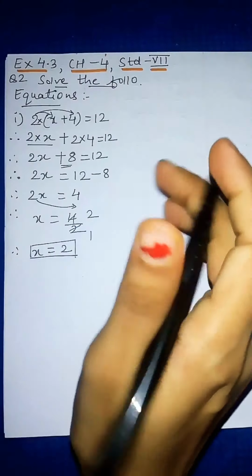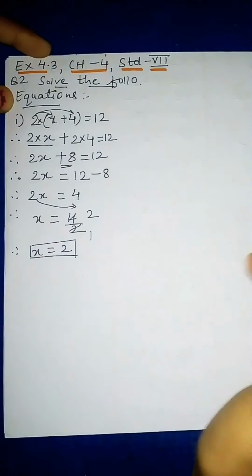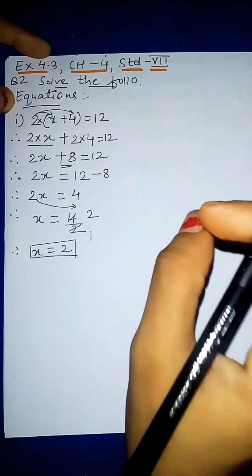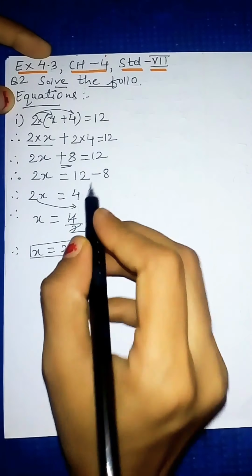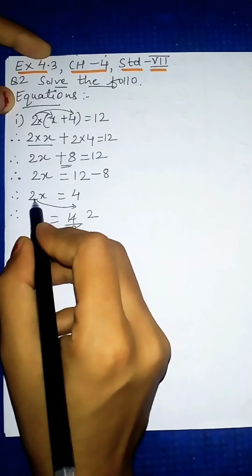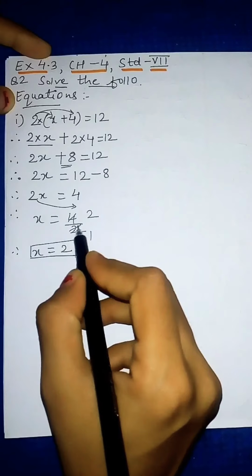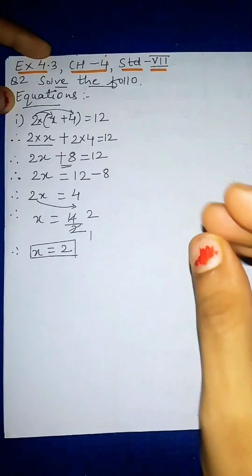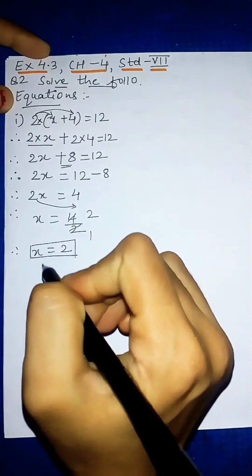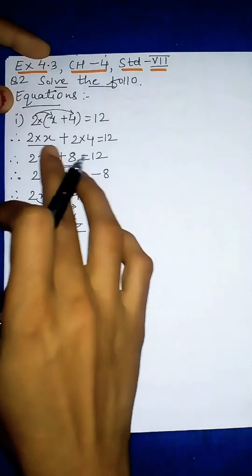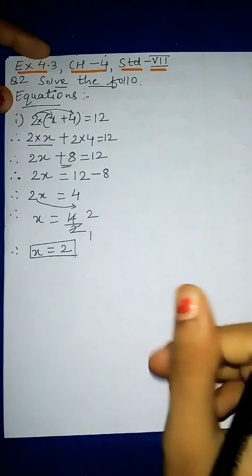So this way we will do. First we have to open the bracket, and then the other steps are similar to what we did in question number 1. We just have to take the terms here and there by changing the sign. Plus 8 will come here as minus 8, and then we will do the subtraction. It will be 4, and this 2 is in multiplication. So what is the opposite of multiplication? Division. So 2 will come here and we will write it in division. This way we will do the cancellations and get the value of the variable x. So one by one we have to remove the numbers which are attached with the variable and find out the value of the variable x, y, z, or whatever is given in the question.